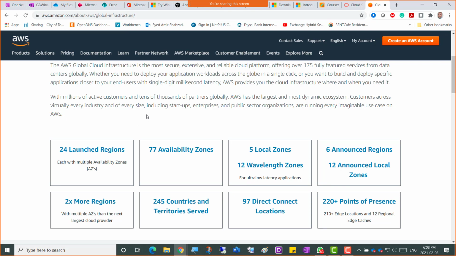reach of AWS, Amazon Web Services as a cloud, infrastructure as a cloud, IaaS, right? Infrastructure as a cloud. So it has 24 launched regions and 77 availability zones, 5 local zones, 12 wavelength zones, 6 announced regions, 12 announced local zones, 2x more regions. Now we have talked about that in one of the classes before, but